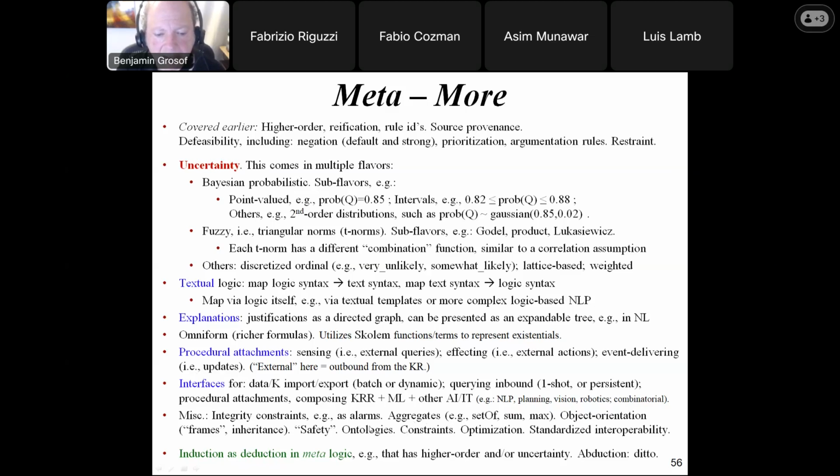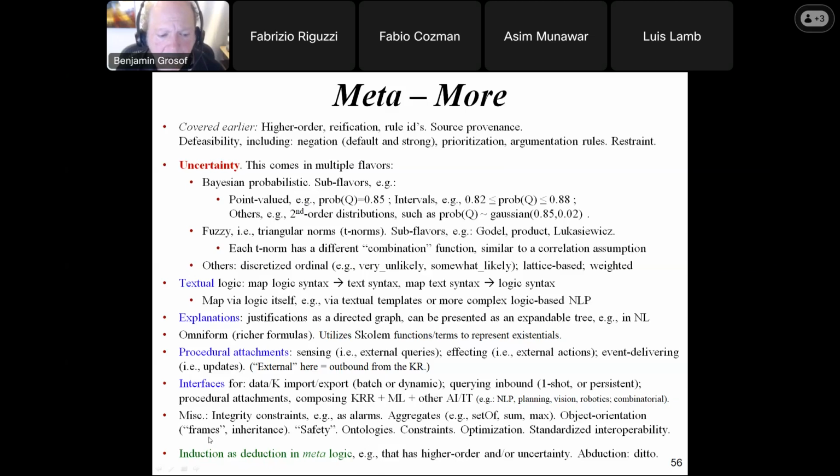And so that might be, for example, via Python bridge, as in the Janus component and open source that I mentioned earlier in the practical tools section. There are a number of other kinds of features that are useful in KRRs and mostly could be thought of as meta from some viewpoint as compared to the basic KR, such as integrity constraints, especially as alarms, object orientation, ontologies, and